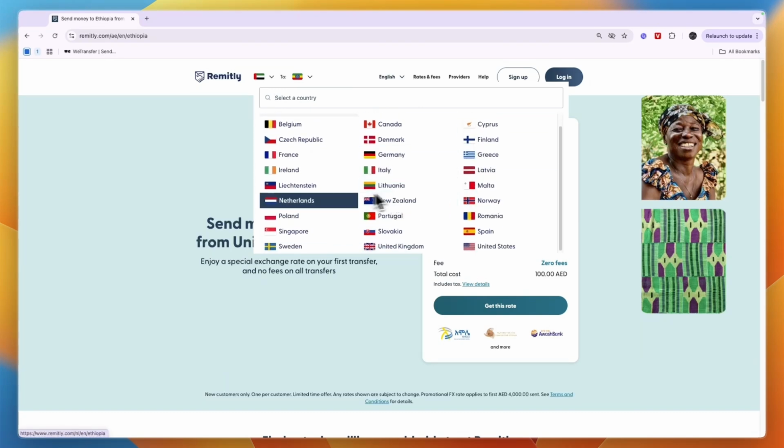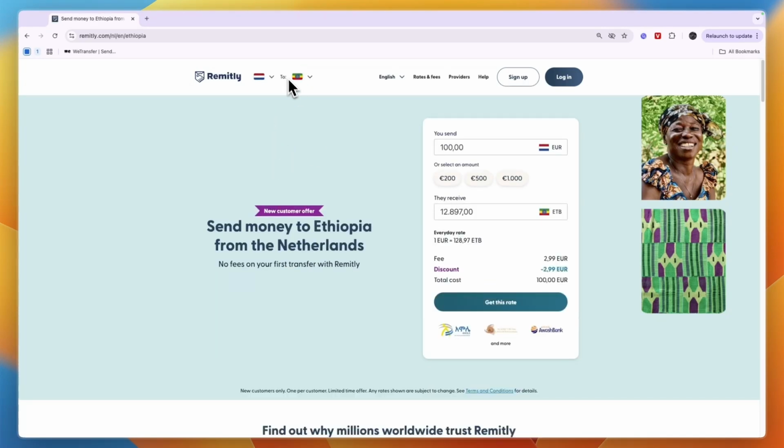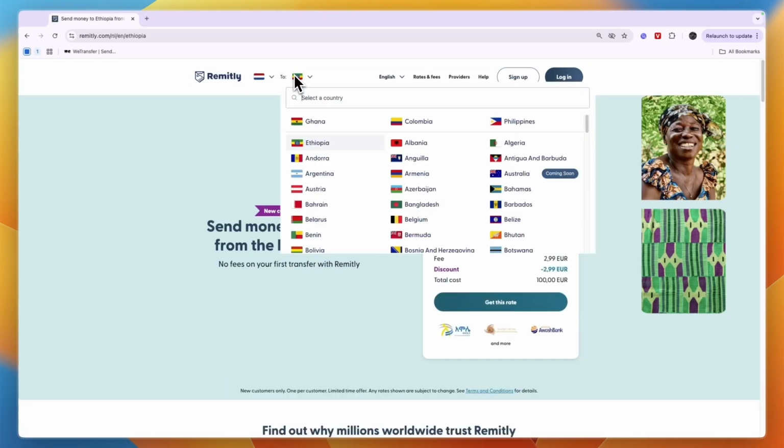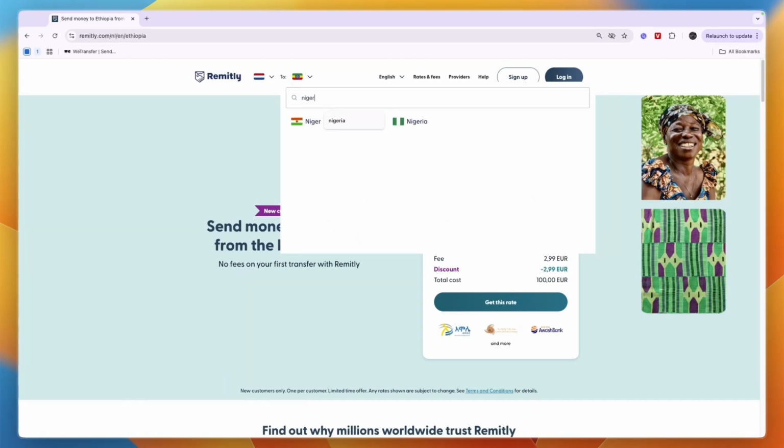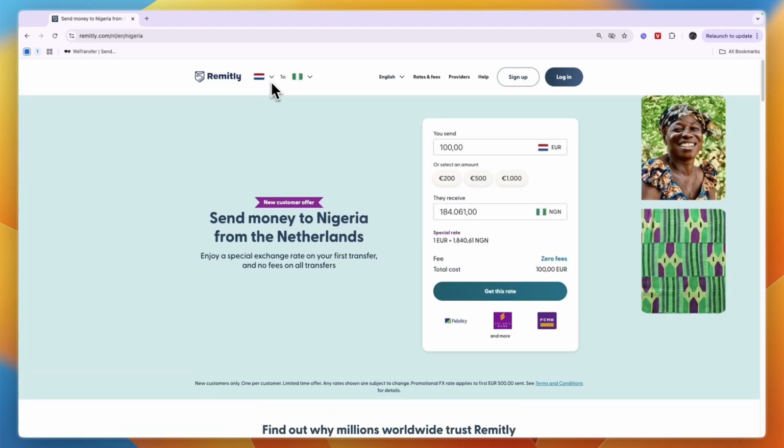Now personally, I'm from the Netherlands, so I'll just select Netherlands right here. Then for the country you're sending to, you can just click on whatever it says for you and search for Nigeria. Then click on it, and then it will be set from your country to Nigeria. And then you can select how much you want to transfer, for example 75 euros, and then click on get